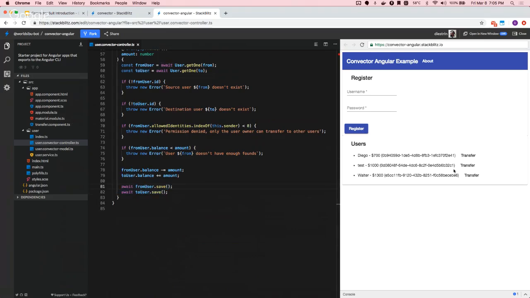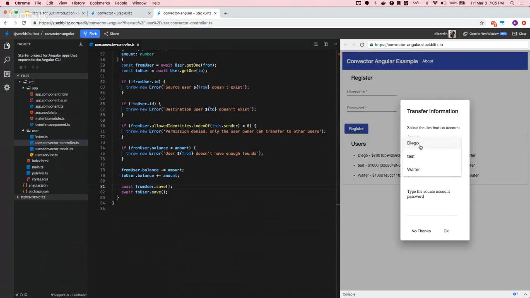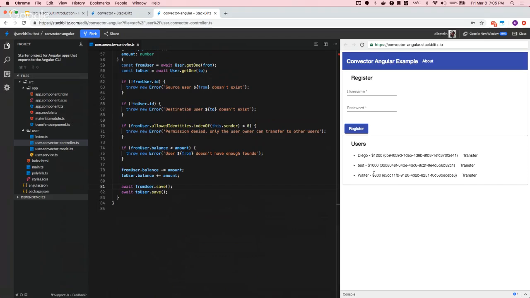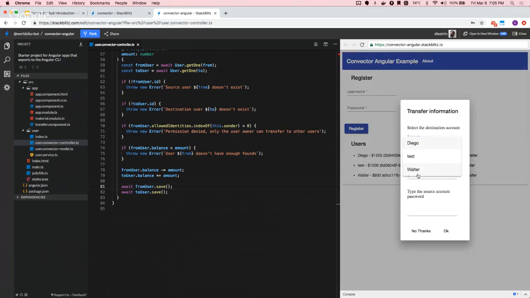So you can see this working. If I try to transfer Walter's money to my own, this is something I love to do, transfer Walter's money to my own, and I put a password in here. I registered them with a certain password. So if I click in here, I get a real time update because I'm using Angular, and I get the transfer of the money here. If I try to do the same, I type in the correct password for it. For example, I want to withdraw another 500,